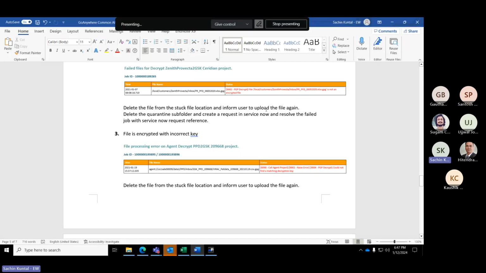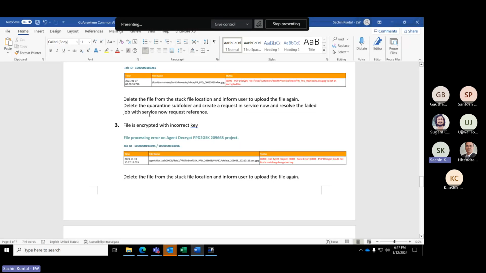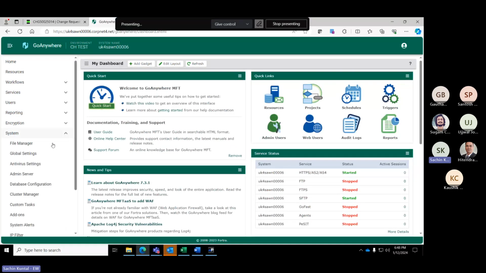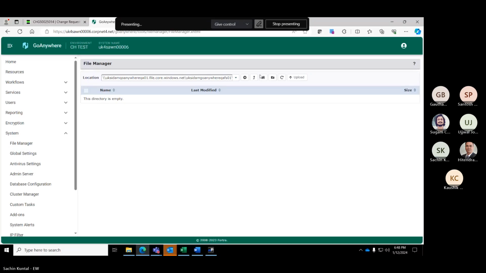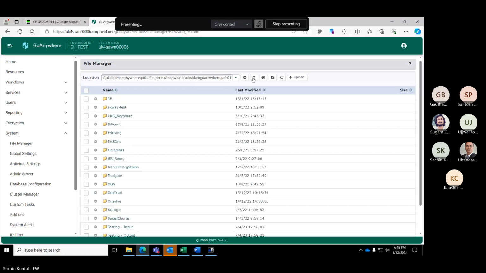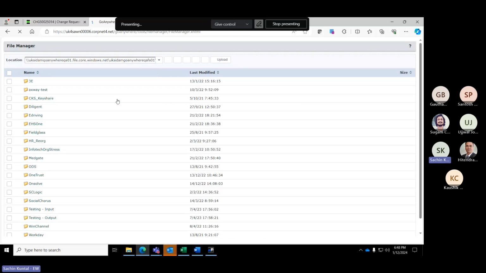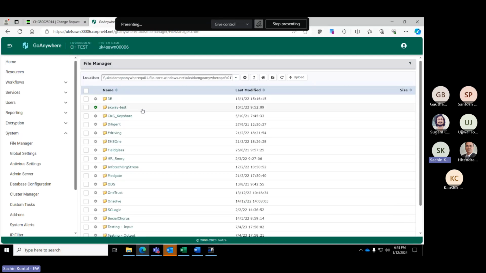Now, what we do if we see that the file is stuck in the inbox location is, let me go back to the tool and open the project input folders. As I mentioned, within the customers folder, all these folders are related to the projects.